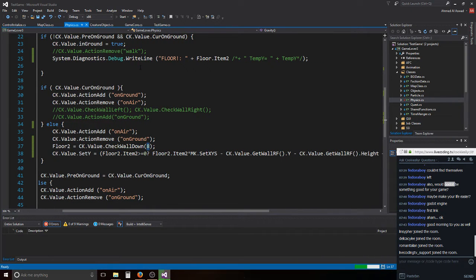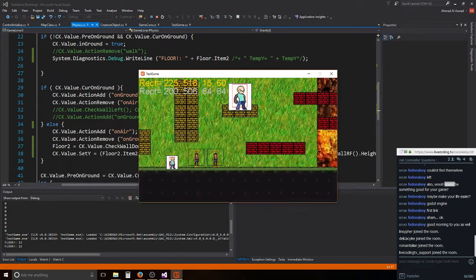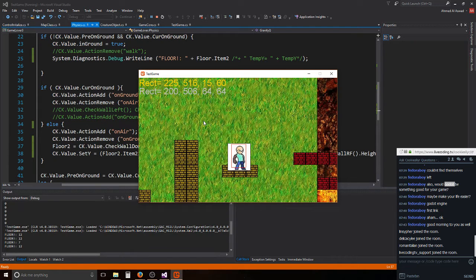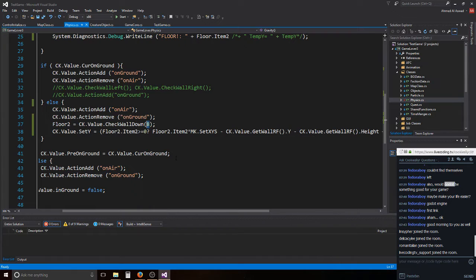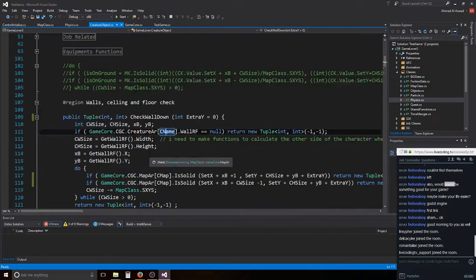Because in the third character position now, he cannot jump, but he cannot move either. So what we are going to do, we are going to check the wall. Do I have to do that? I fear yes. Whenever he moves,